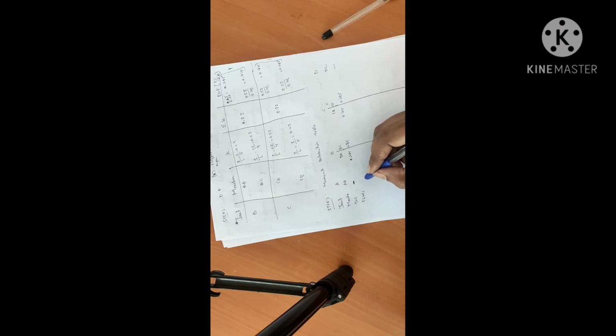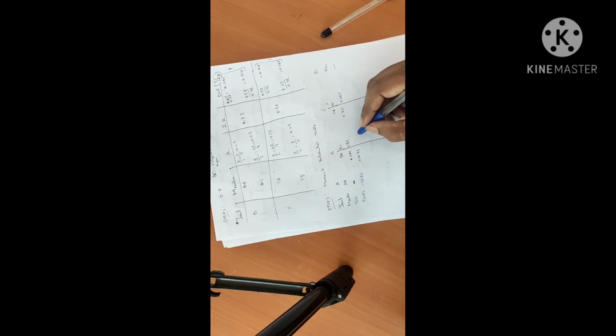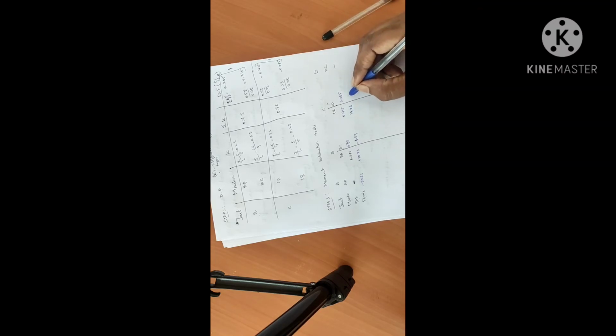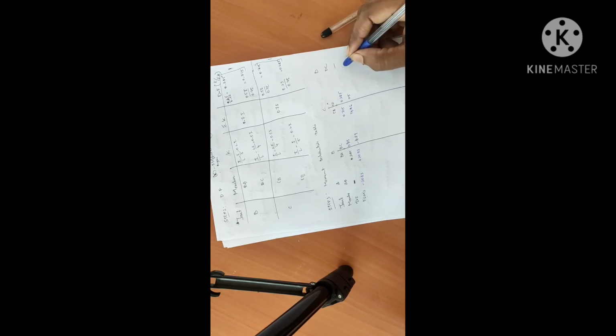For the AB member, FEM is minus 20. If you turn your page and check where you solved 0.283, this is plus 0.283. For the BC member, it is minus 4.89, and for the CB member it is 14.06. For the CD member it is minus 25, and this is plus 25.